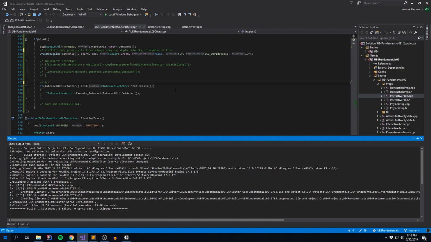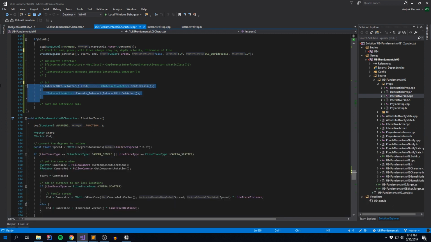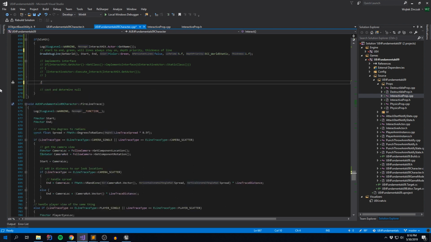And the reason it's not working, because this bit me in the butt a couple of times, is this actually examines the class definition of the object as opposed to the interface. Remember when I said they were primarily used for reflection of the engine? So don't do this. This is going to give you bad times. But we do have a secondary way